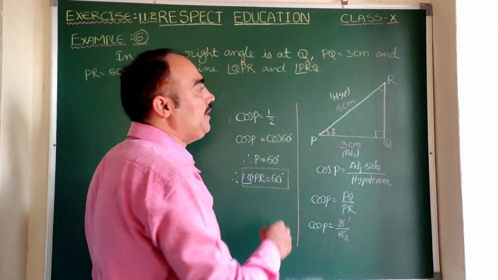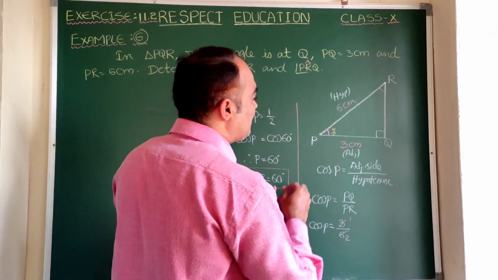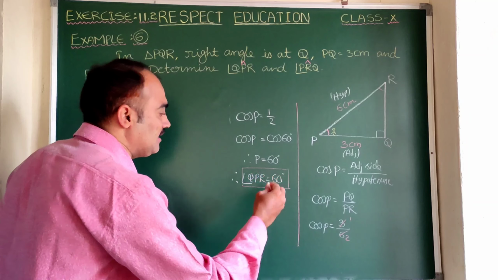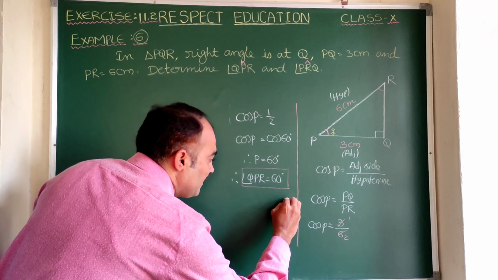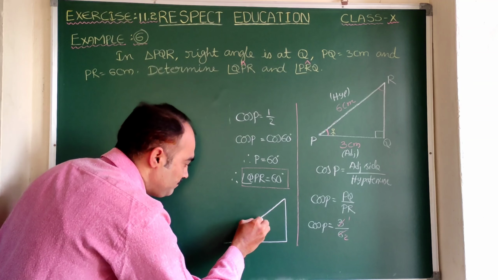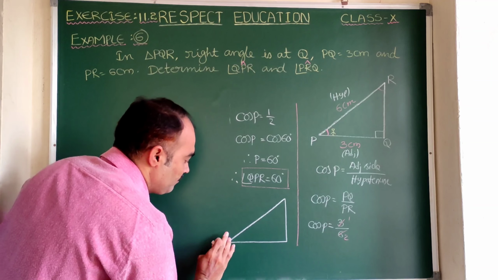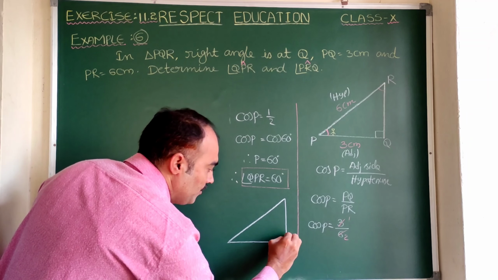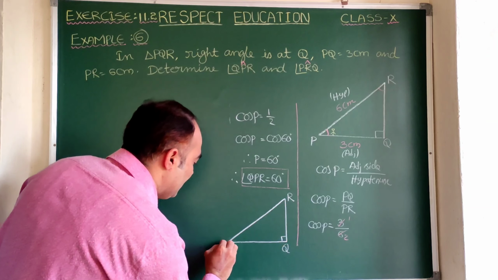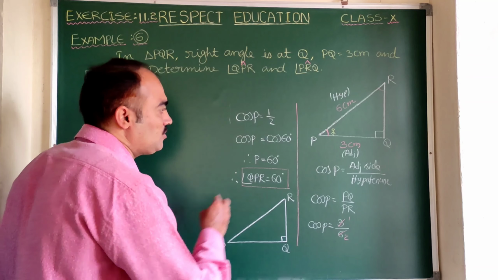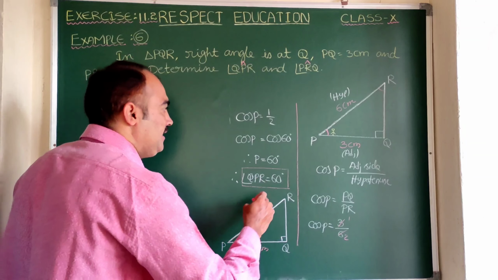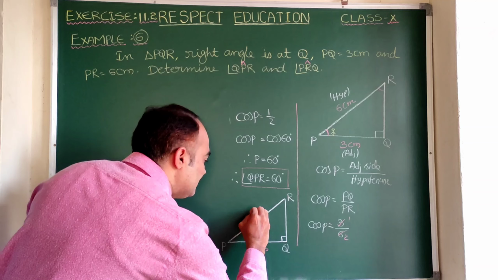That is what? Angle PRQ. You just imagine that now you are not at P. So for our convenience, let us draw the given triangle once again. Here this is again the same triangle PQR. So here is Q, that is 90 degrees, and here it is R, and here P. And let us write the values also. PQ is given as 3 centimeter and here PR is given as 6 centimeter.